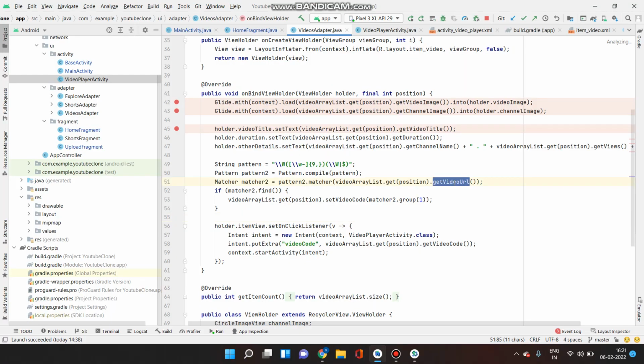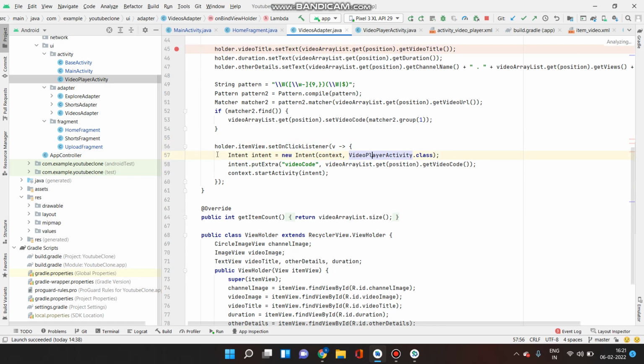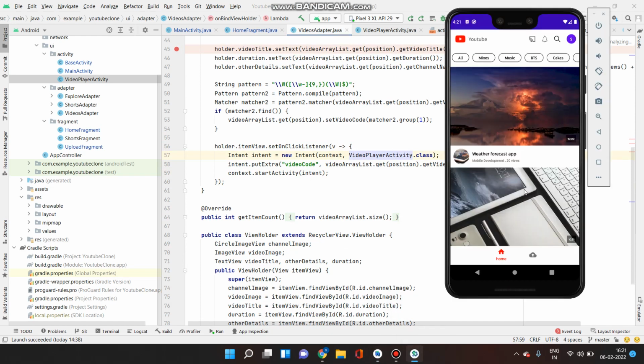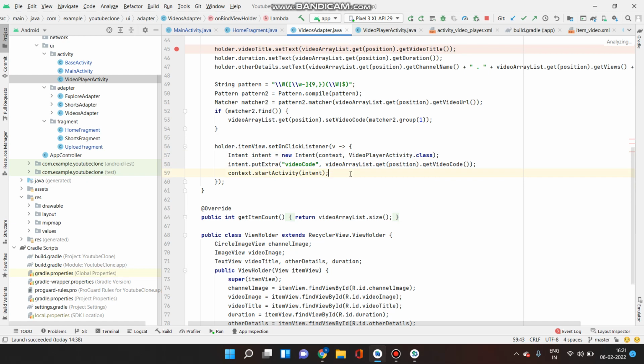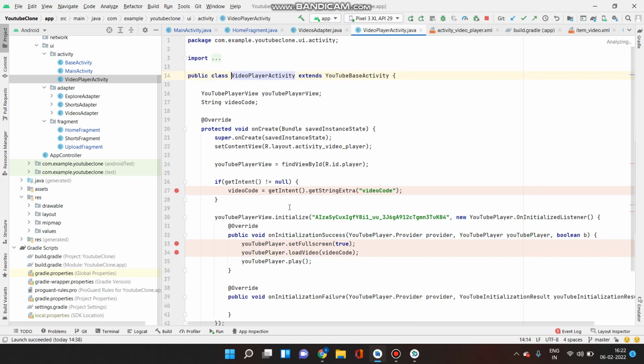So I'm just giving the URL over here which just returns the video code over here. So this is another activity which has the player inside this video player activity. So on clicking on any item over here, it redirects to its particular video player, and then it plays the video. So I'm passing the code over here. So let's see how the video player works.